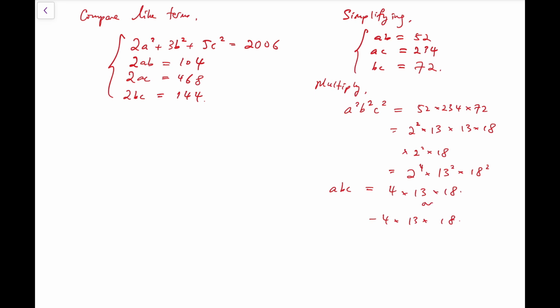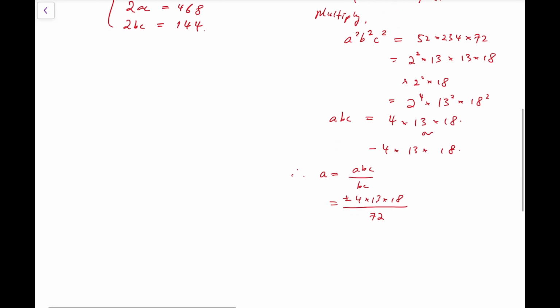Now when we get the value of abc, I can find values of a, b, and c respectively because, for example, a is just abc over bc, and that's 4 times 13 times 18, plus or minus, over 72. Now notice that 4 times 18 is 72, so by simplifying,